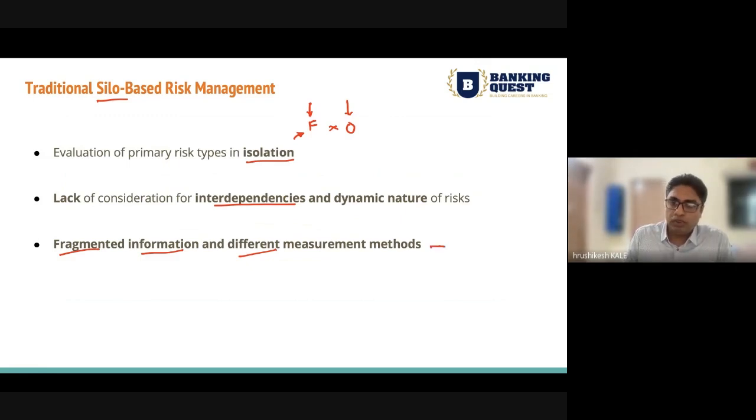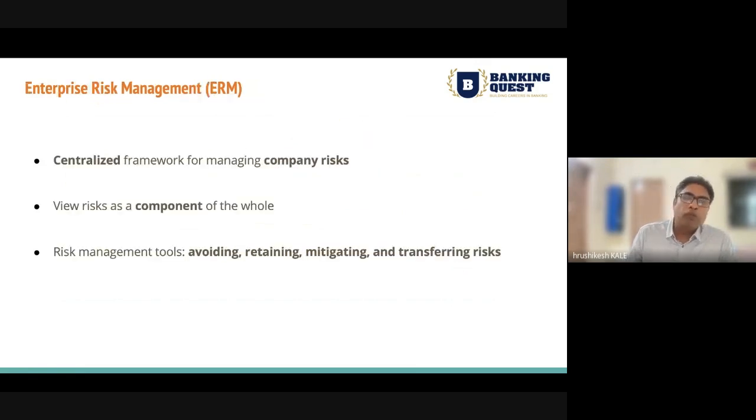Now, the higher level management used to get fragmented information and different measurement methods. So finance used to measure in terms of VaR. Operations used to measure in terms of machine downtime or lost time. Marketing in terms of opportunity lost time. So every different department used to measure risk differently. Now, enterprise risk management is a centralized risk management framework for managing the company risk, organization risk, and now even